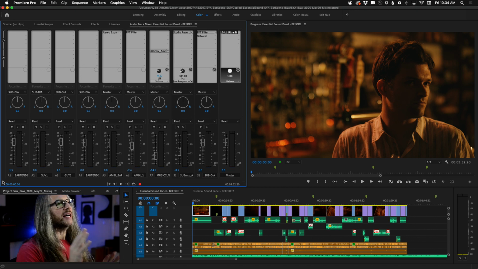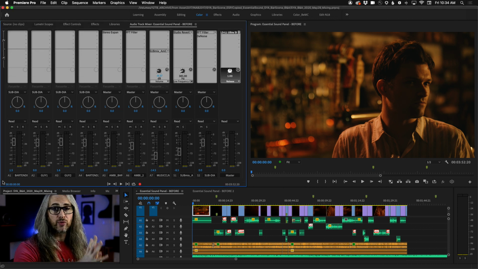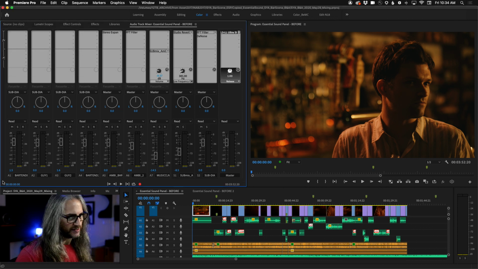Okay, so the first thing we're going to tackle here is using reverb to create or recreate ambient spaces. In this scene that I've shown many, many times, it's a bar scene. And of course, when you film on location,